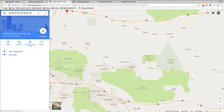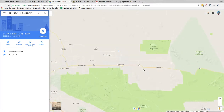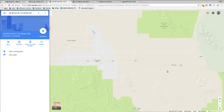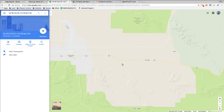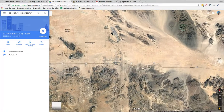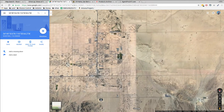And 29 Palms and Wonder Valley, this whole area here, was homesteaded back in the day. You could get these 5-acre parcels, and if you built a little tiny cabin on there, like 600 square foot, or I don't even know if it had to be 600 square foot, something tiny, you could get the property. So if you improved it a little bit, you got the property. A lot of these properties have an old slab on them where someone built a cabin that since has been blown away or stolen or whatever. So that's usually what I'm used to in that countryside. But the bigger acreage by the military base,